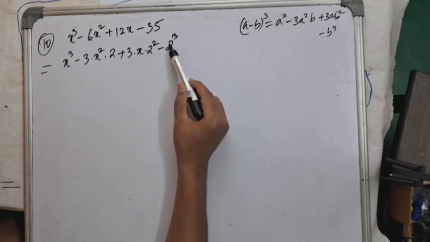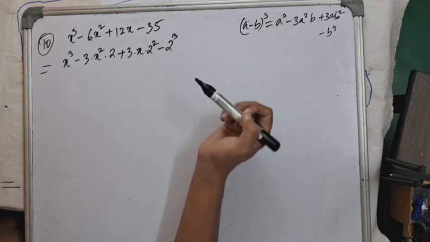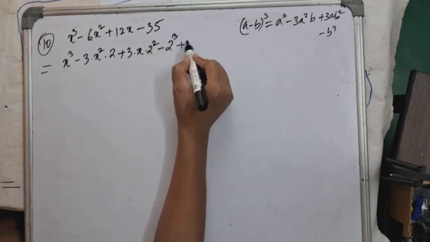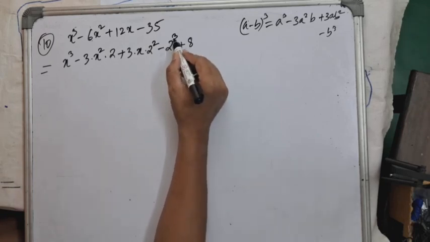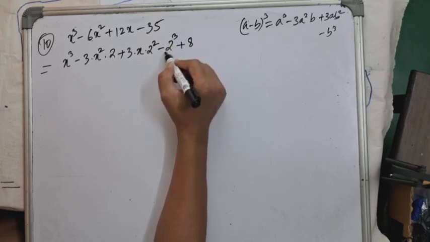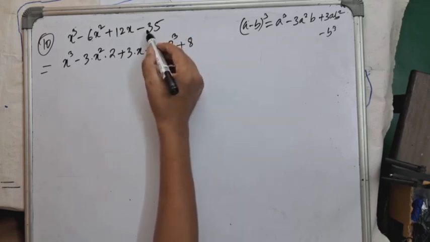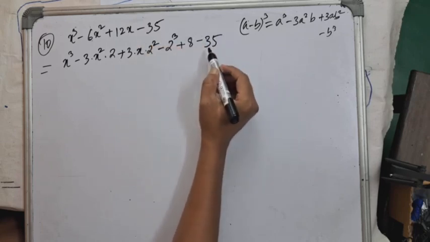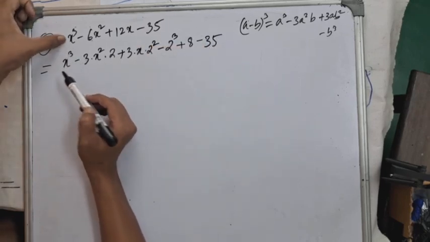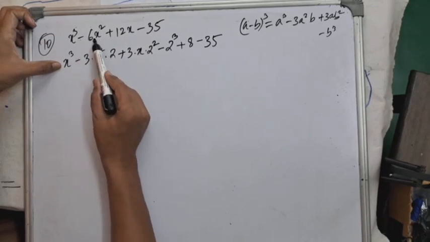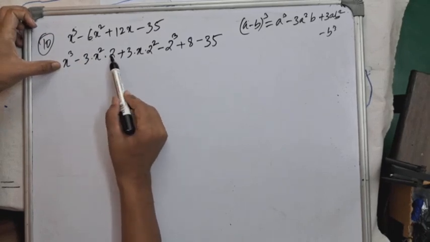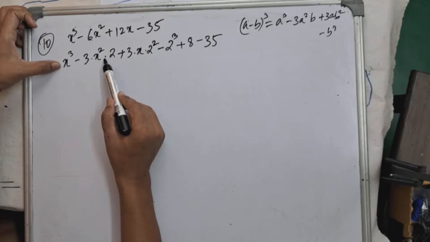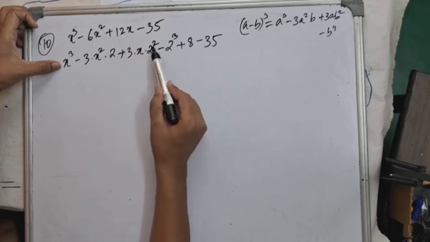Okay, we subtracted 2 cube, means 8, minus 8 from this expression, isn't it? So we must add plus 8. Minus 2 cube means minus 8 means plus 8. As a whole, the value of this expression does not change, minus 35. This minus 35. Let's check again. This x cube is x cube here. This minus 6x square, 3 2s are 6x square, minus 6x square, plus 12x, 2 squared is 4,